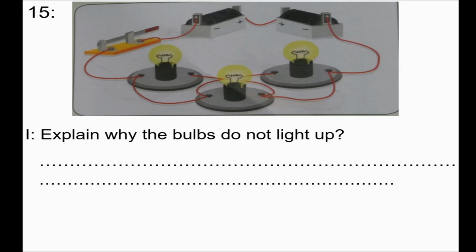Now I've seen the reason why there is no light in this circuit. When you look here, the positive end of the battery and the positive end of this battery are connected end to end. Because of this, there is no way electricity is going to pass through here. So the reason why there is no light is because